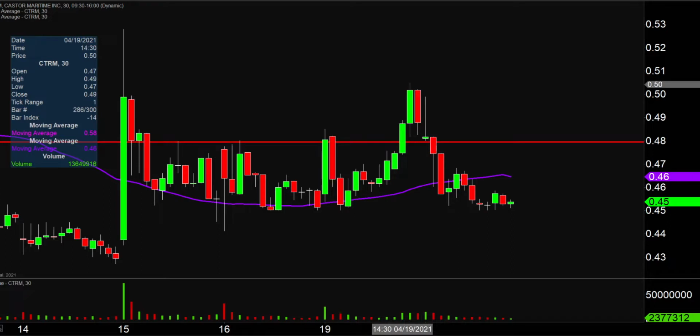So yes, 50 cents is without doubt still an area of resistance. My point is that before you really put too much focus or attention on that level, the price first needs to prove itself by getting up above that 48-cent mark. So keep a very close eye on that. Like I said, if there is any sort of attempted movements back to the upside in terms of levels of